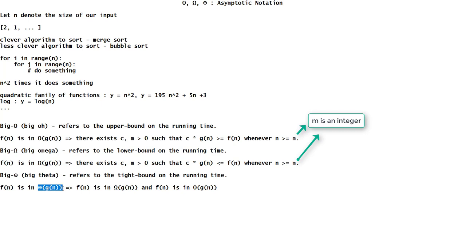It's in theta of g of n. So it's in this family of functions of g of n that are pretty much identical to f of n. So what I mean by that is g of n in this case should look something identical to f of n. And you can think of it kind of like